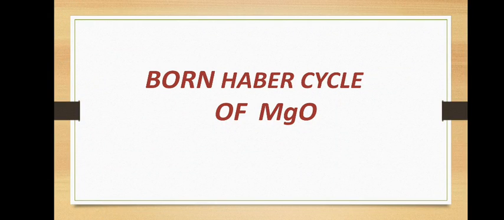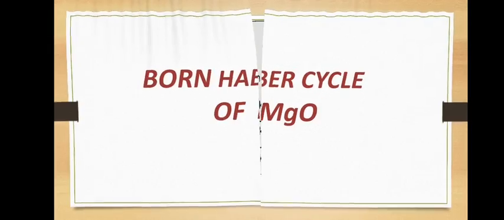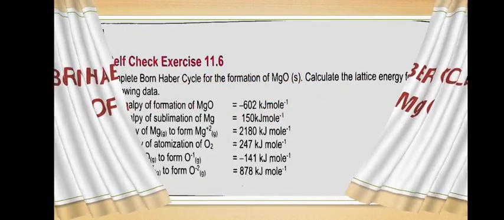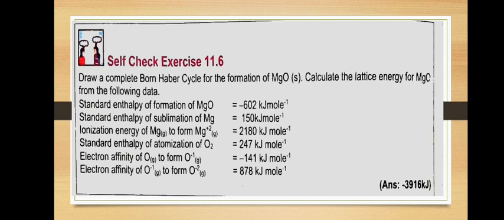Now, the Born-Haber cycle of magnesium oxide is given in your book, and you are to draw it and to calculate the lattice energy. I have tried to solve this problem too. This self-check is 11.6 of your textbook. Draw a complete Born-Haber cycle for the formation of magnesium oxide. Calculate the lattice energy for magnesium oxide from the following data. This data has been given,